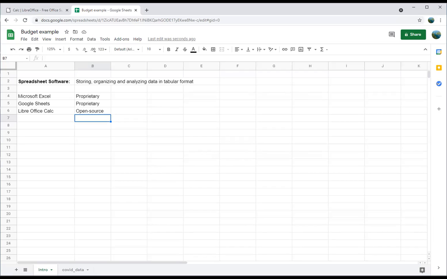Hi, everyone. In this presentation, I'm going to introduce to you spreadsheet software. Spreadsheet software is software for storing, organizing, and analyzing data in tabular format. And over here on the screen, I have an example of the program Google Sheets from the Google company,